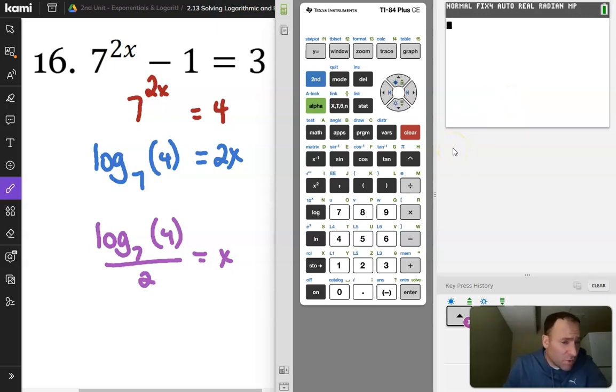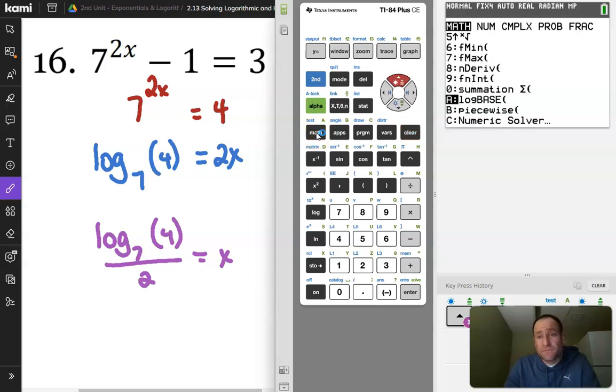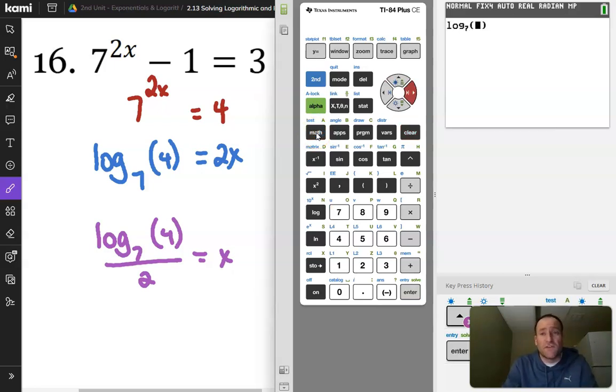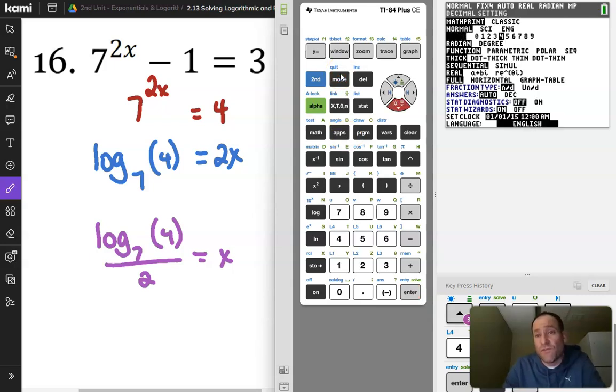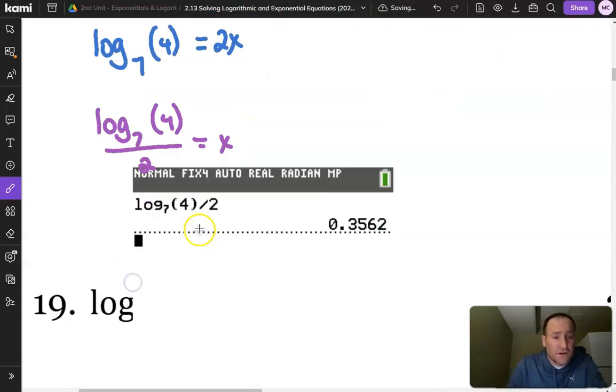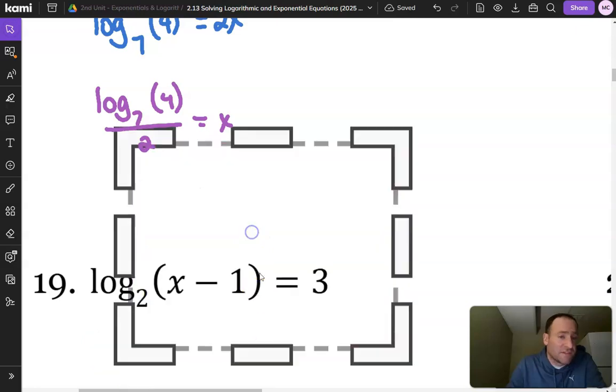Again, log base 7 of 4. Okay, first things first, log base 7 of 4. We're taking 7, raising it to a power, and making it a smaller number, which means that exponent has to be less than 1. And now we're dividing it by 2, so we should get something even less, less than a half. Now I can do this in 2 steps, or I can divide that by 2. And by the way, there you go. I do have this set for 4 decimal points. We've talked about that in class here. To go at least 3 decimal places, so I just went 4